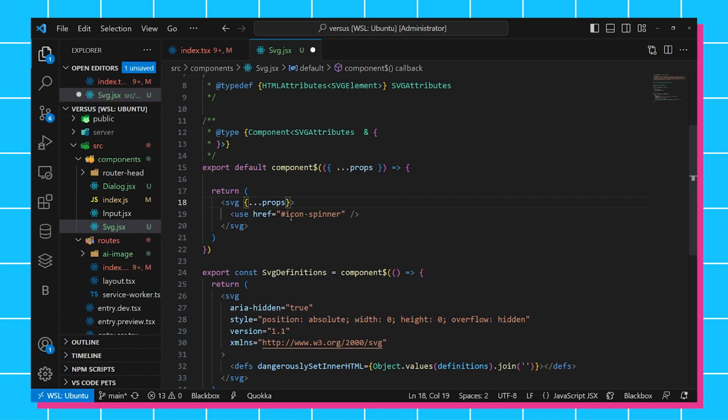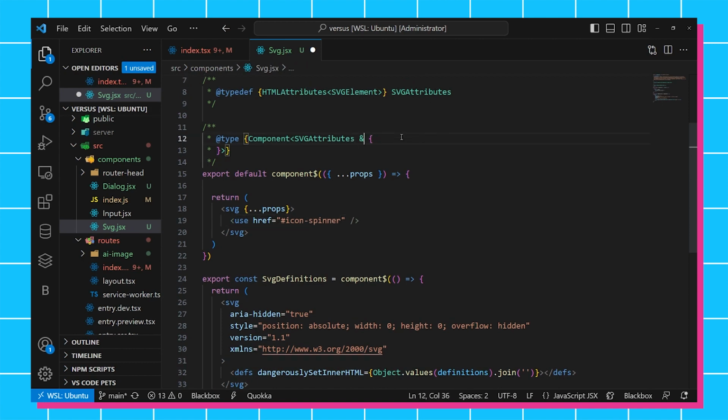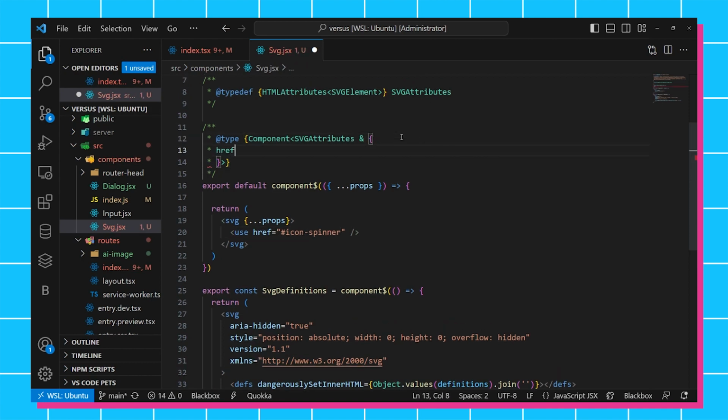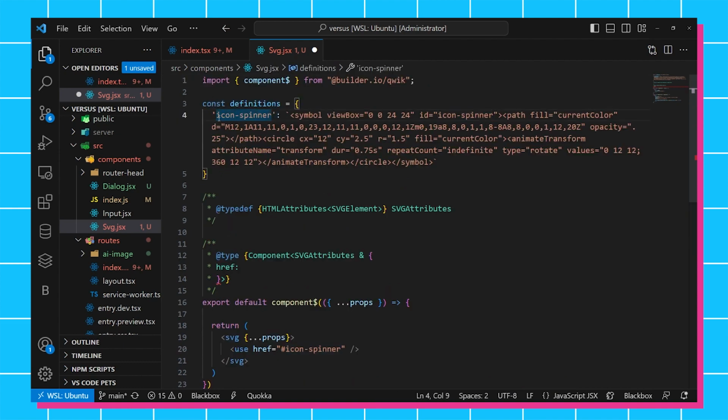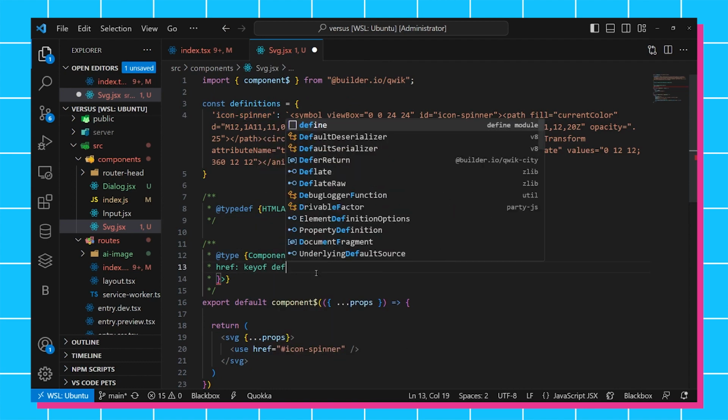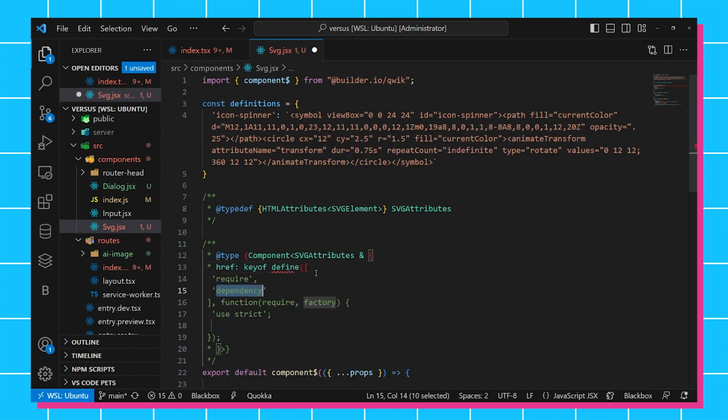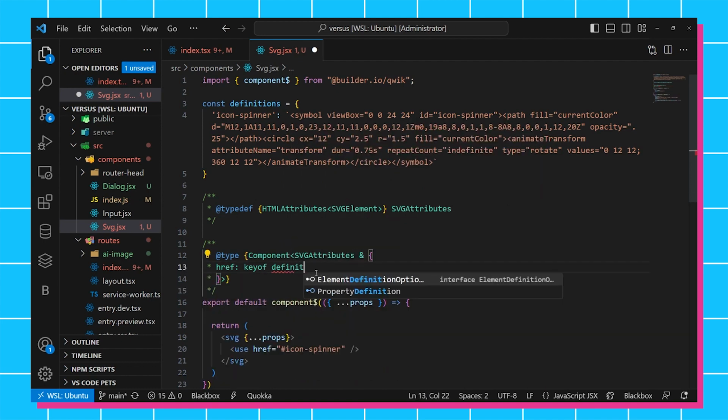props, and then we want to provide a property for this href. So we're going to say somewhere in here, we're going to have an href attribute. And that is going to be, well, this is a nice thing here. I don't want people to have to memorize what this is. I want them to automatically know which names are available based on the properties here. And we can do that with keyof definitions,